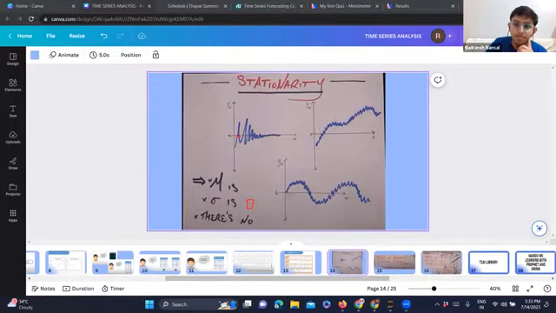But what about the mean? Now let's examine this section. In this section, the mean is about here at the mean line. But if we check this section, the mean is somewhat here. So the mean value is changing, as you can see. So stationarity also requires that the value of the mean is constant. So the value of standard deviation should be zero, and the value of mean should be zero.